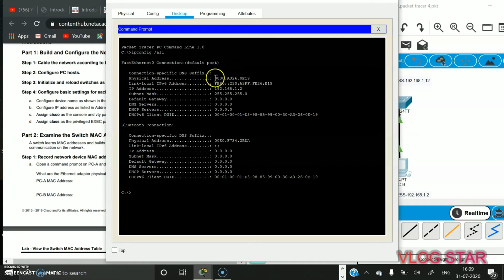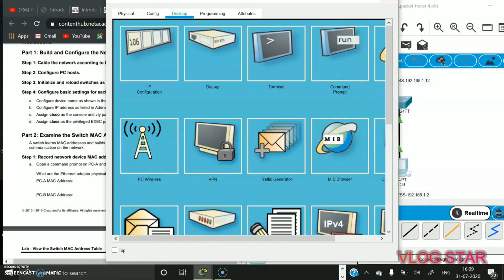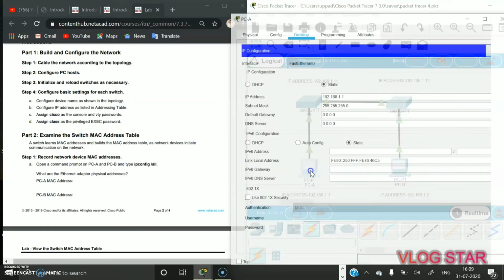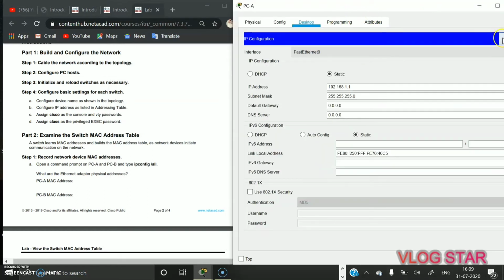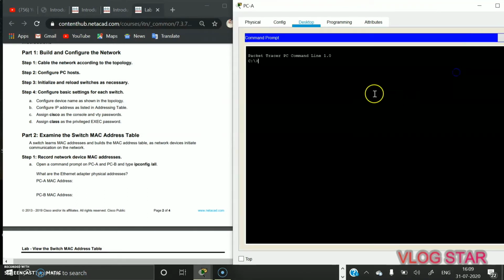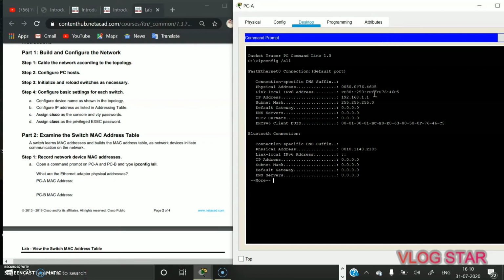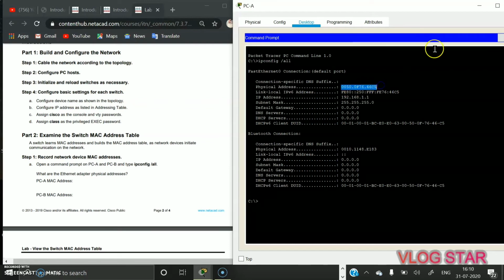So here is the MAC address for PCB. Okay, now I will see the MAC address of PCA. Command prompt, ipconfig /all. Okay, this is the MAC address for PCA.